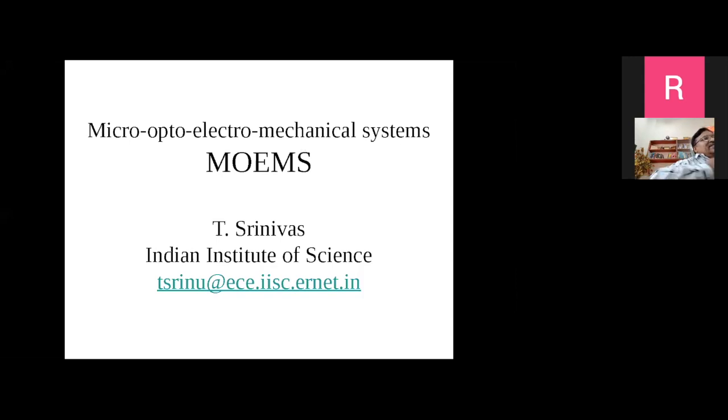See, in the older generation of optical MEMS, as I'll show you, they are all bulk optical MEMS. That means light is not propagating in waveguides. It will be propagating in free space, like mirrors and lenses and all those things, or devices where the light is propagating in the bulk. Whereas here we'll look at what happens when light propagates in optical waveguides, how to control them mechanically, what are the different applications we can take up, and so on and so forth.